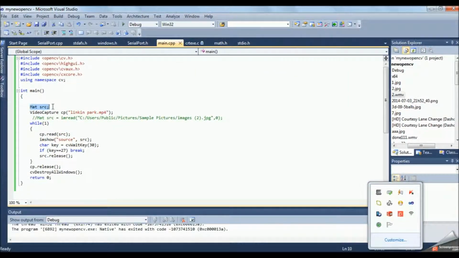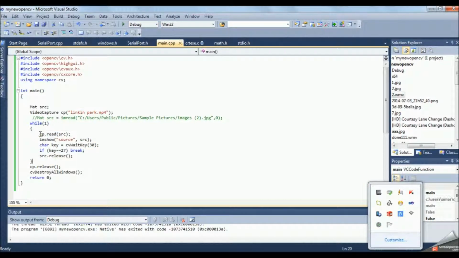Here Mat src is similar to the previous program, where we have defined a memory allocation for image variable src. Next line is VideoCapture cp and the name of the video. When this line is executed, this video file is directly loaded into the video variable, and after that we define an infinite while loop.